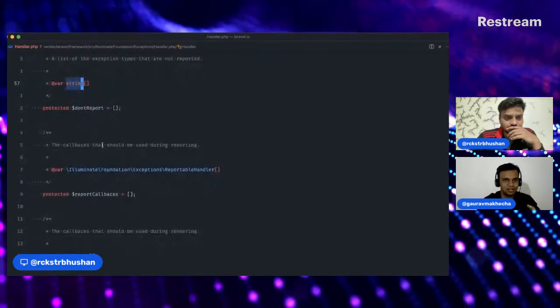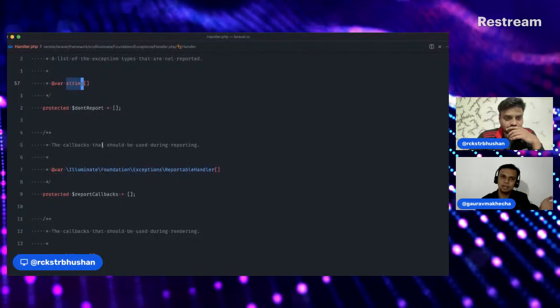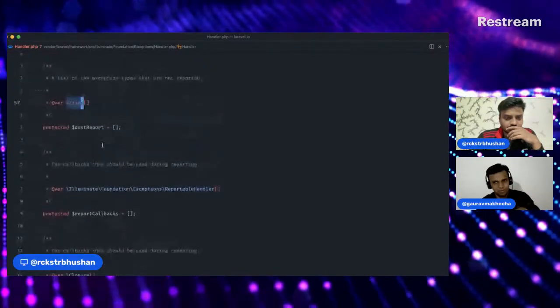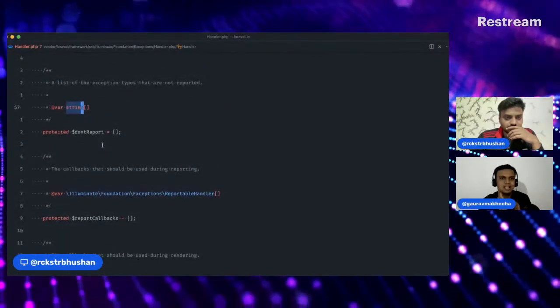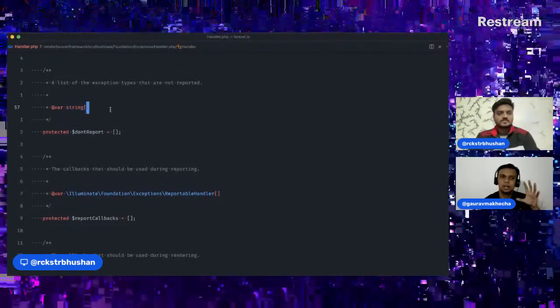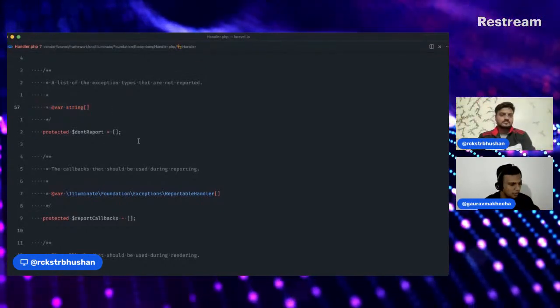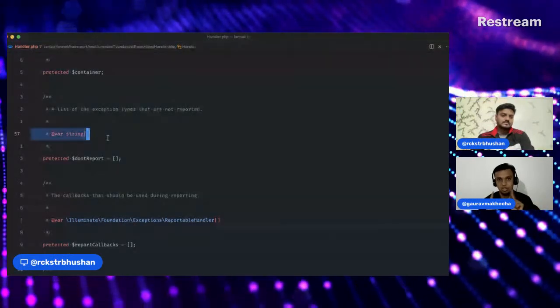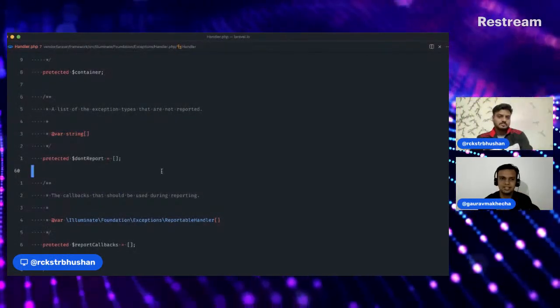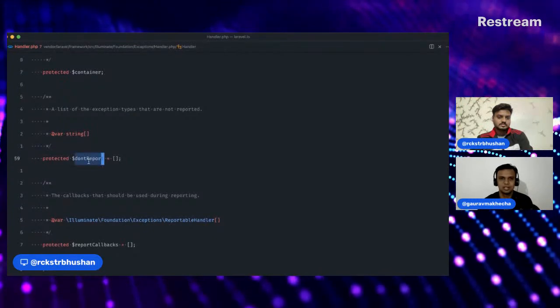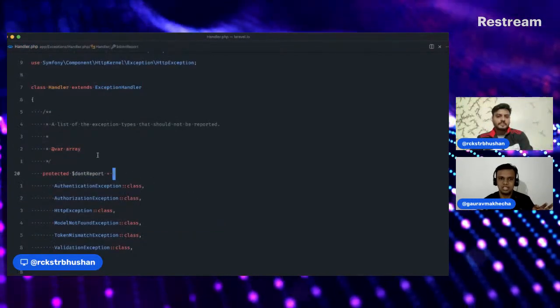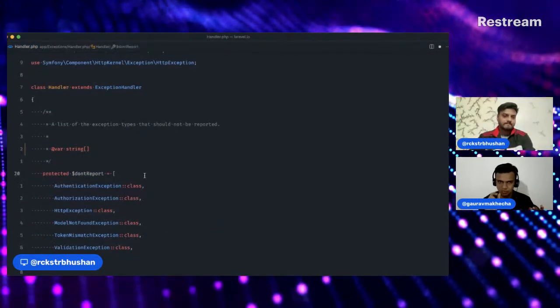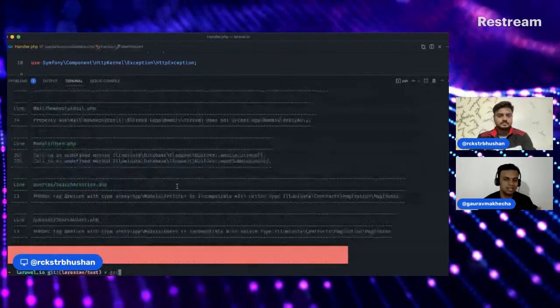So it's very specific. Now you have overridden a property, but it's not of the same type for PHPStan. That's why it's yelling at us that you have a child class with the same property, you're overriding it, but the type is different. That's not good. That's why it says that it's not covariant. So all you need to do is change that there and say that this is of type array of string, and it will be fine.